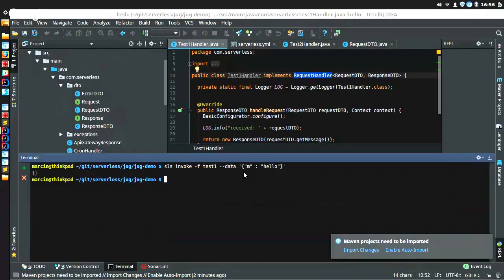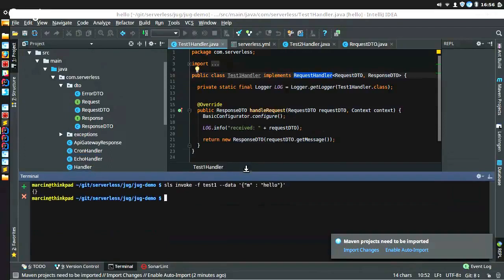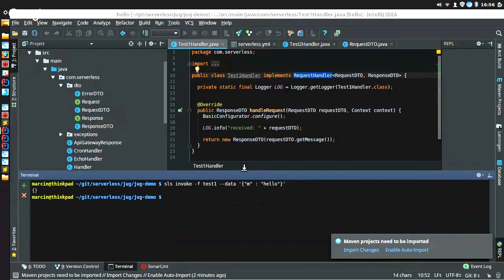It will be Maven clean package and SLS deploy minus f test1, because I think I have deployed a different version when I was testing, and it's not that one. So if I invoke it again,